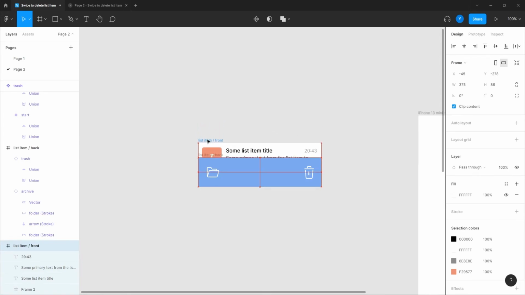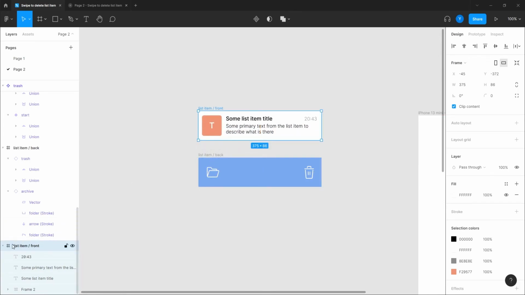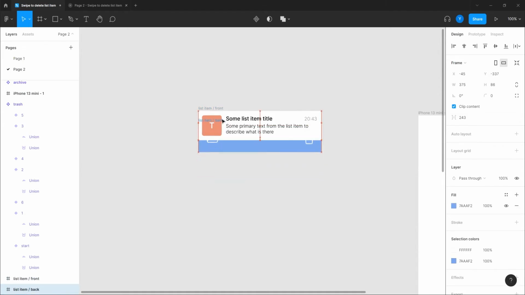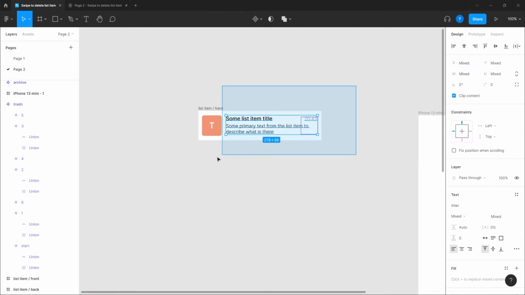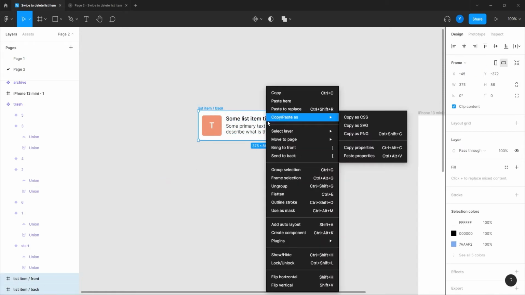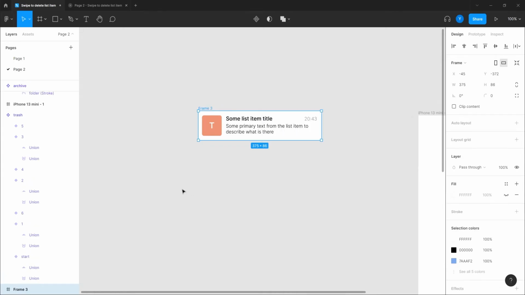it, hold the space, sorry, I'm gonna place these layers. I'm gonna put the front on top of the back, and I'm gonna drag the back. I'm holding the space bar because I don't want it to become a part of this frame. Okay, so that means that they stayed separated, exactly what we wanted. And I'm gonna select them both and frame them together. Okay, I can right click and frame selection.